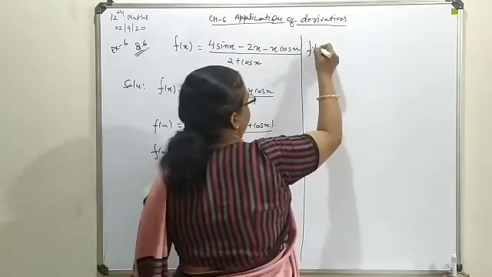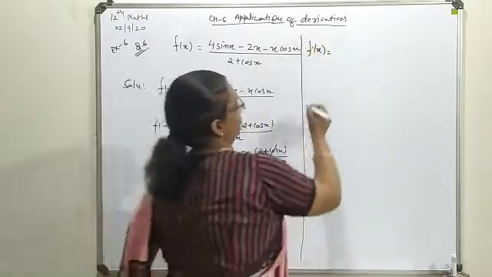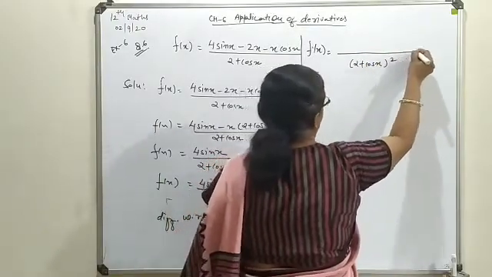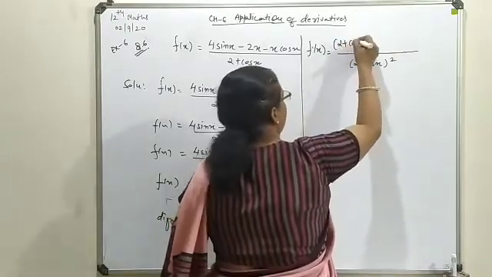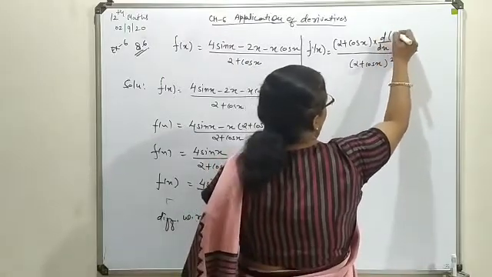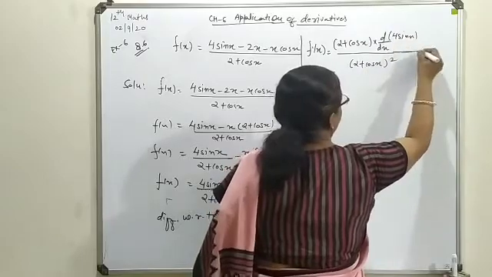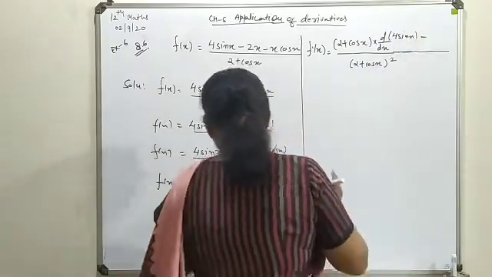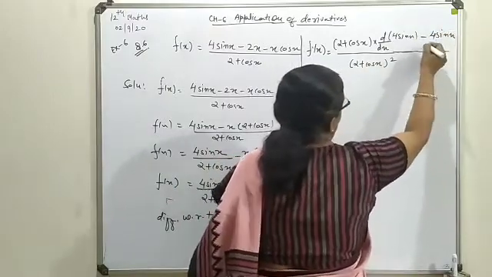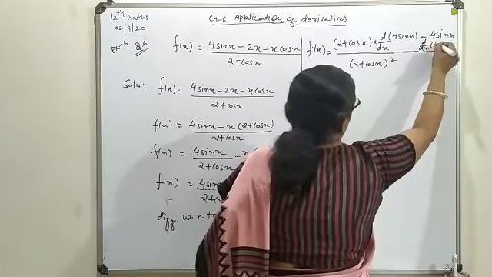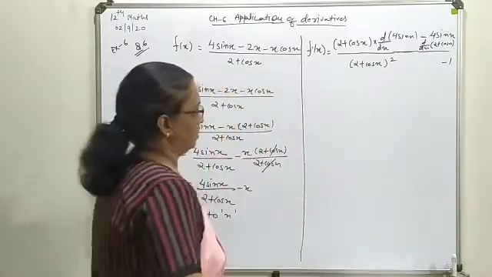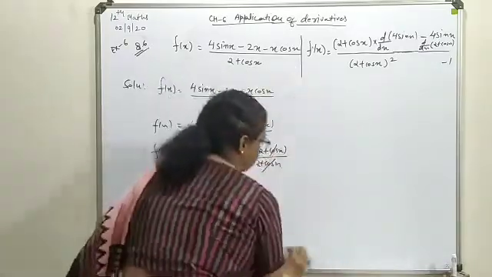So f dash x, here you will have the f by g form. That means the denominator is 2 plus cos x whole square, g square. Then keeping g(x) as such, differentiation of 4 sin x. You know minus is compulsory over there. So further it will give you 4 sin x as a constant. Now this is the differentiation of 2 plus cos x, and the derivative of x will give you minus 1. So let's solve them for further simplification.